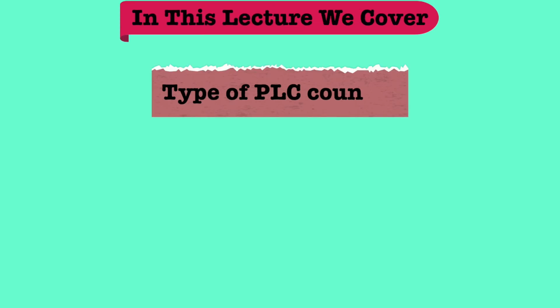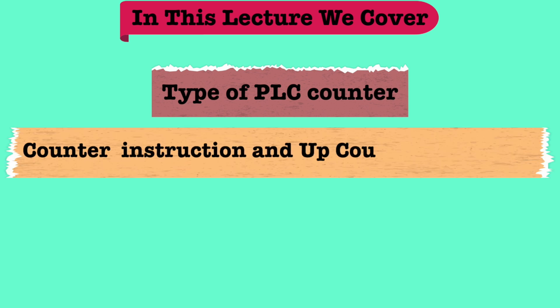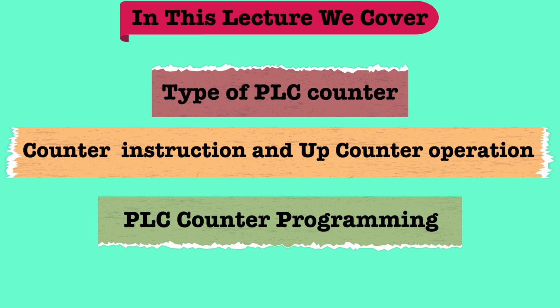In this lecture, we covered the types of PLC counter instructions, up counter operations, and some examples related to the up counter. In the next session, we will explore more on PLC counter programming related to down counters, and also explore the one-shot bit program and the one-shot rise and one-shot fall program, how they work and how they relate to counter programming and how it helps